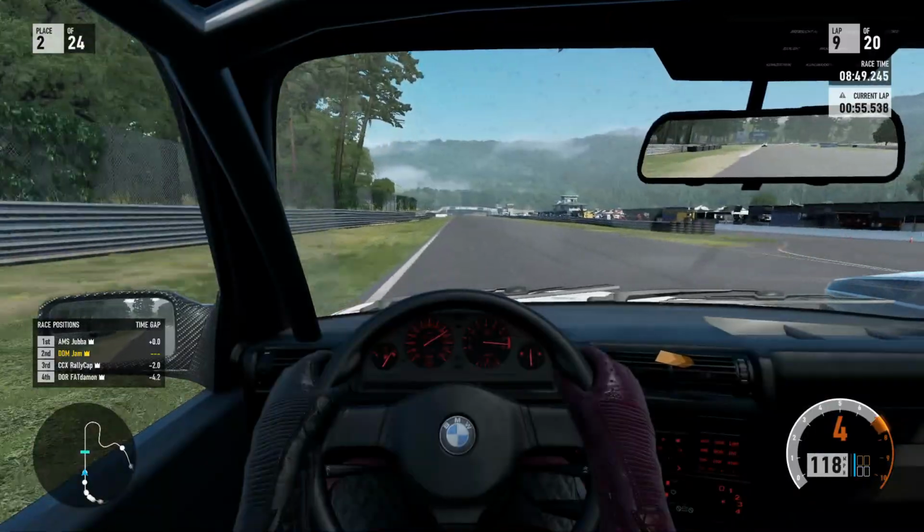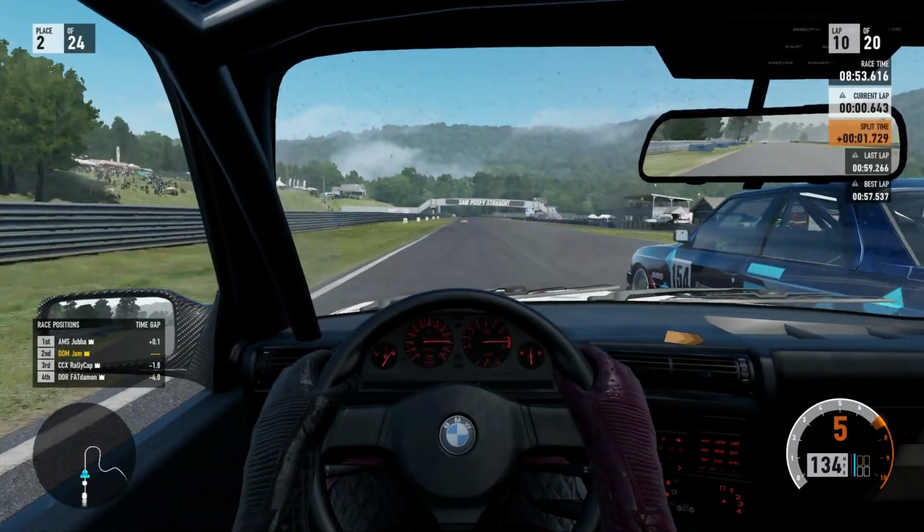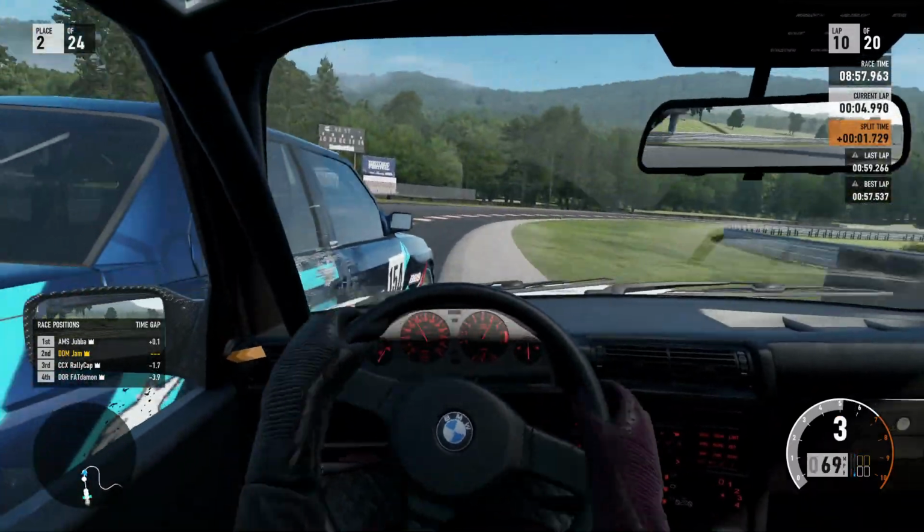Wheels on the curb on the exit. Jubba's had a nice run down the inside and he's got a better run down the straight. And I'm stuck on the outside into turn 1. Dab the brakes early, switch to the inside, go back up the inside, and